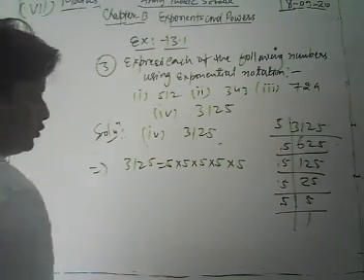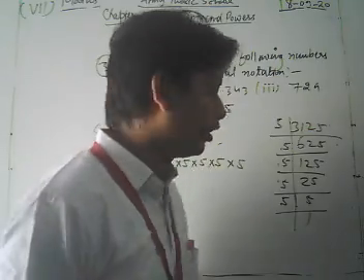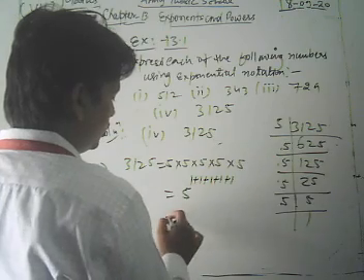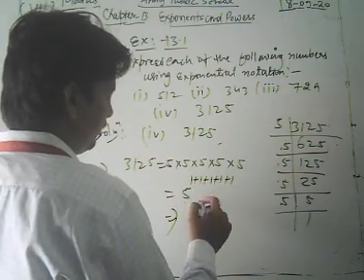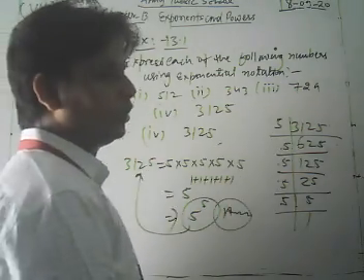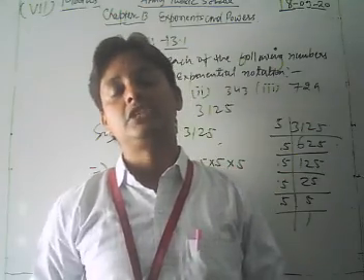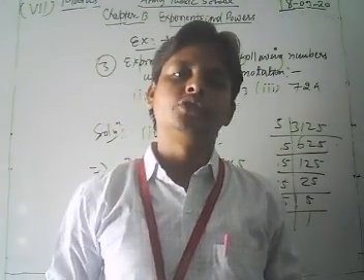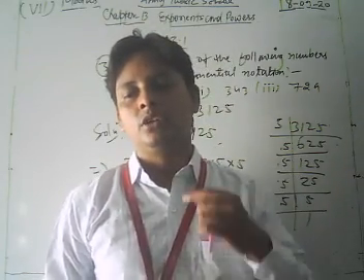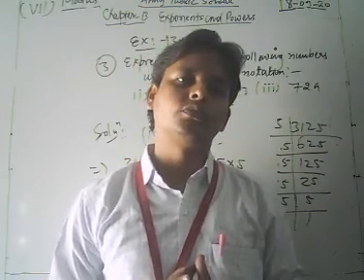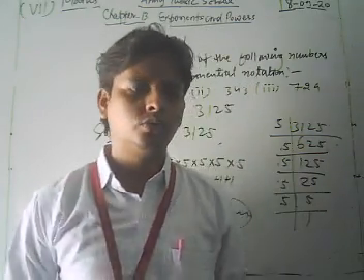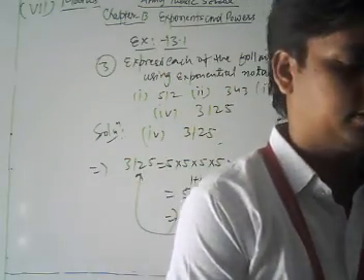Now again here, using the laws of exponents, look what I get. We get 5 to the power 1 plus 1 plus 1 plus 1 plus 1. So we get 5 to the power 5. This is the exponent form of the number 3125. Thus, dear students, in this way we convert each of the following numbers into exponent form. So dear students, first you do more and more practice of this type of question. After that you can solve each and every question of your NCERT exercise. Now we take and solve the next part of this question.